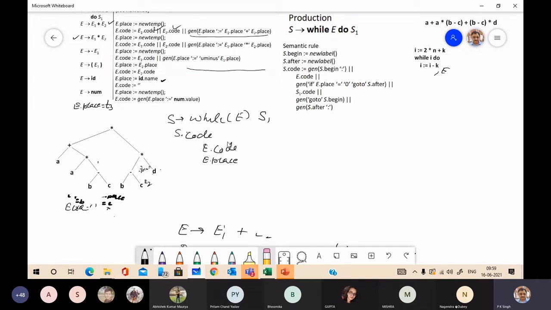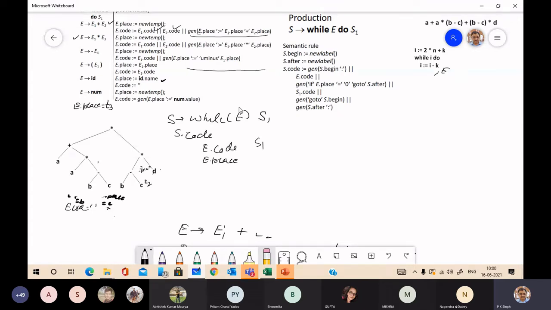Now see, apart from that, we have S1 code. What is S1? S1 may be a single statement in C language terminated by semicolon, or a group of statements within curly brackets. If it is a single statement, you may have the 3 address code for that single statement, or it may be a group of statements where you have the equivalent 3 address code for that group.